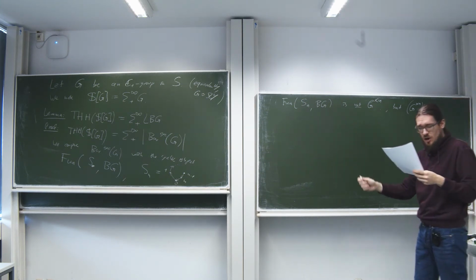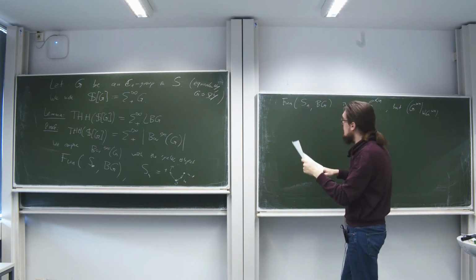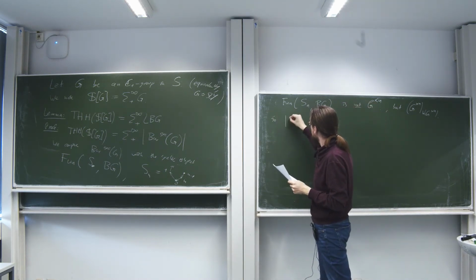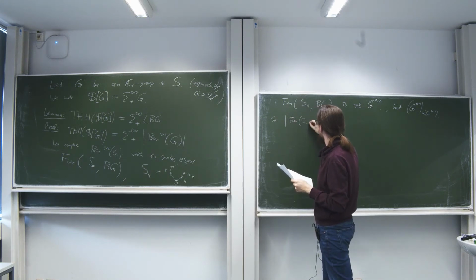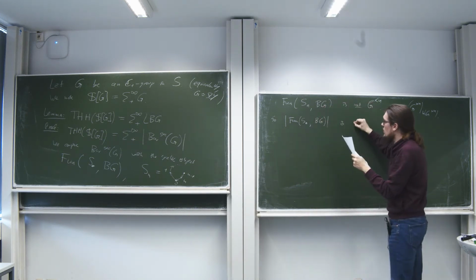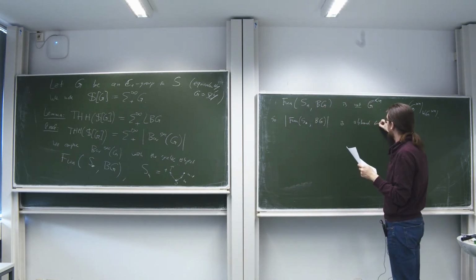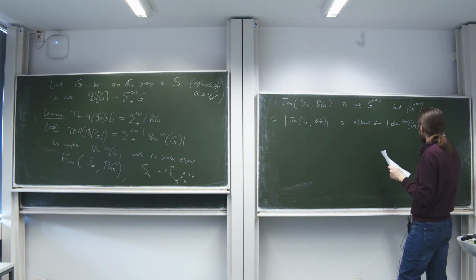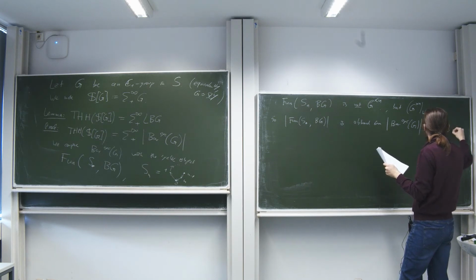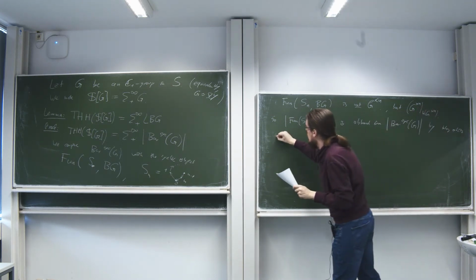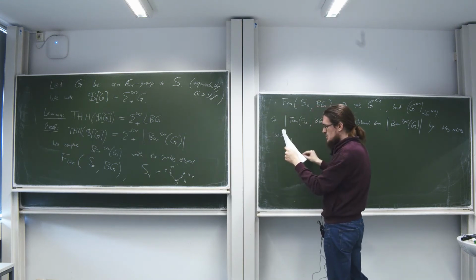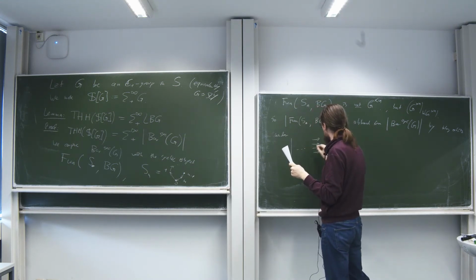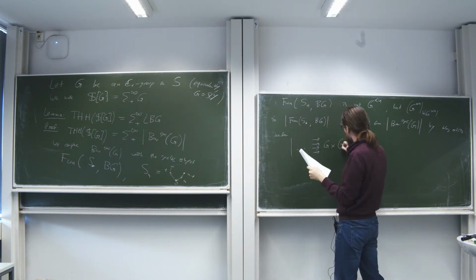these are not the same cyclic object, but we see that the realization of this S bullet Bg is obtained from the realization of bar sigma G by taking orbits under the realization of another